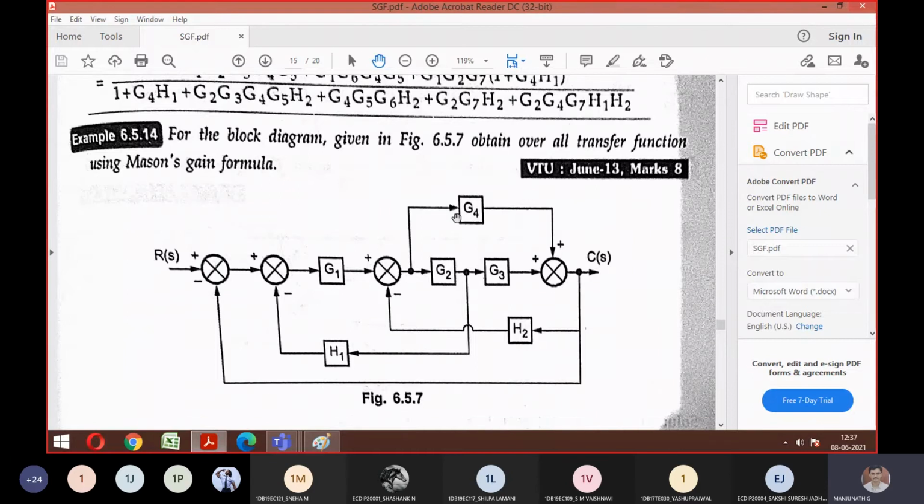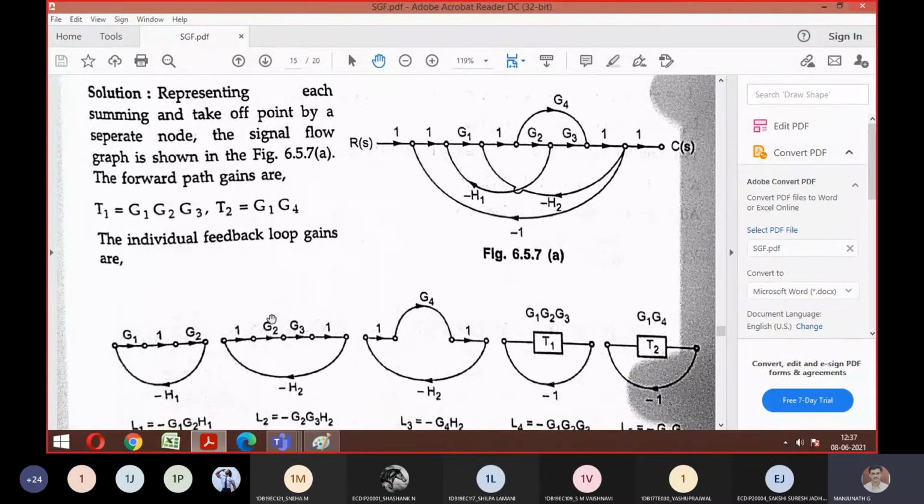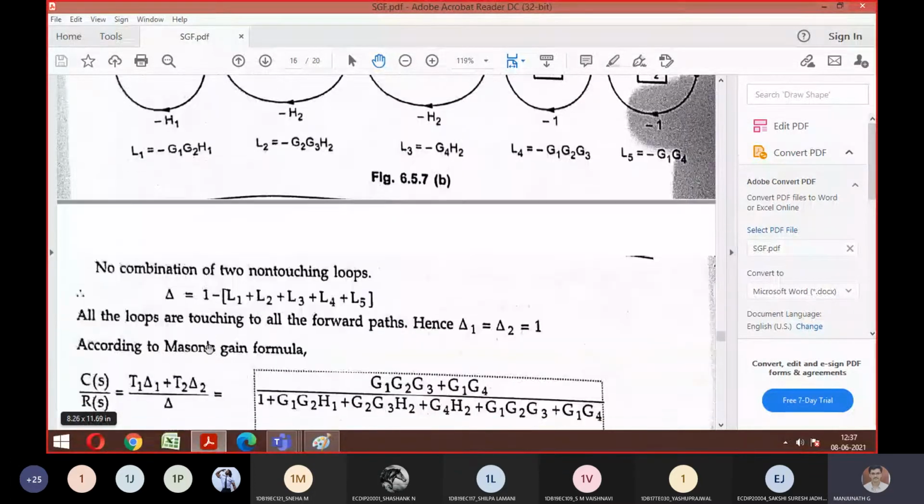So these are the things we solved yesterday. Problem number 1. We were able to write a signal flow graph. Then we got to know how to find the individual loops, and we told clearly how to find loops. The starting point and ending point should be the same, and you should not touch any node or branch twice. That should be remembered. So with that, we solved a few problems.